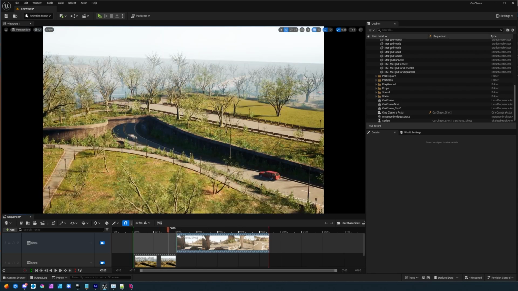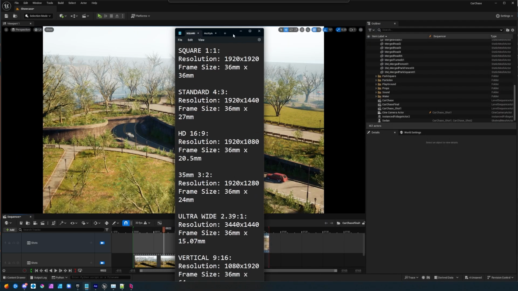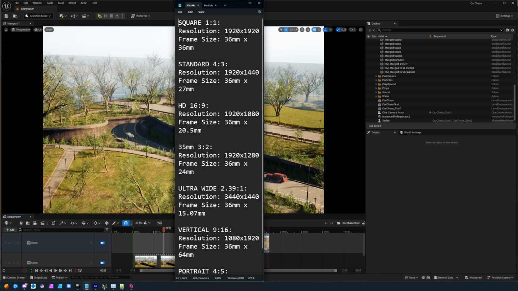It's because I'm going from one aspect ratio to another. And this is pretty straightforward. Here's a list of all of essentially what we need for different aspect ratios. So square would be great for social media, standard 4:3, that's kind of old school. Old television. 16:9 is largely what we're used to dealing with, 1920 by 1080, and then also